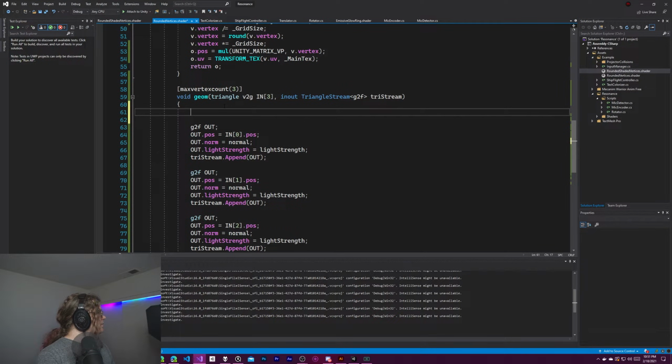How did I do this? Float 3, normal. And we're going to normalize. Yeah, that's not how you do that. Normalize the cross product of two vectors. So if you're unfamiliar with what the cross product is, given two vectors, it will give you